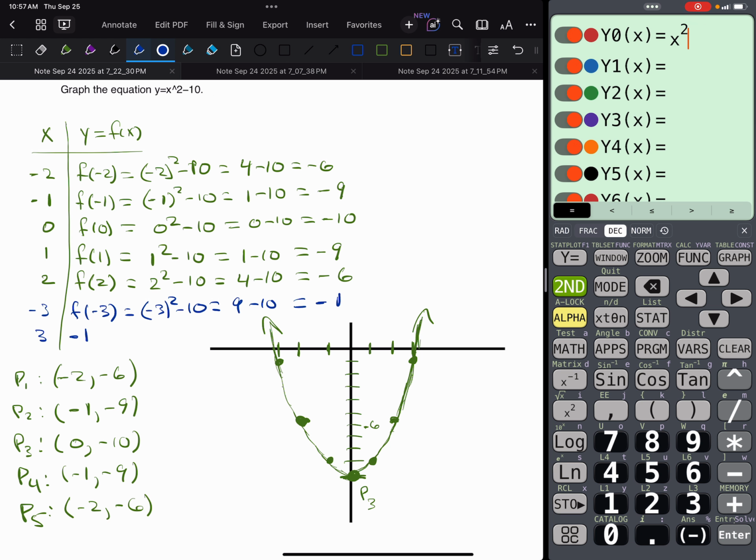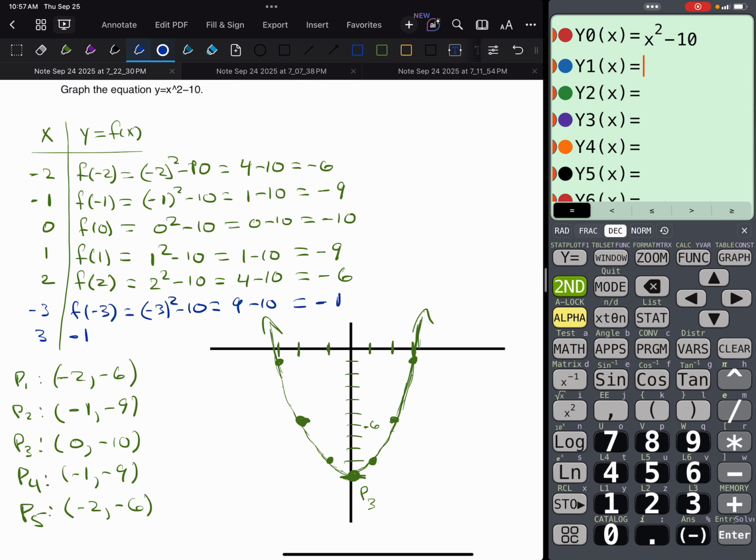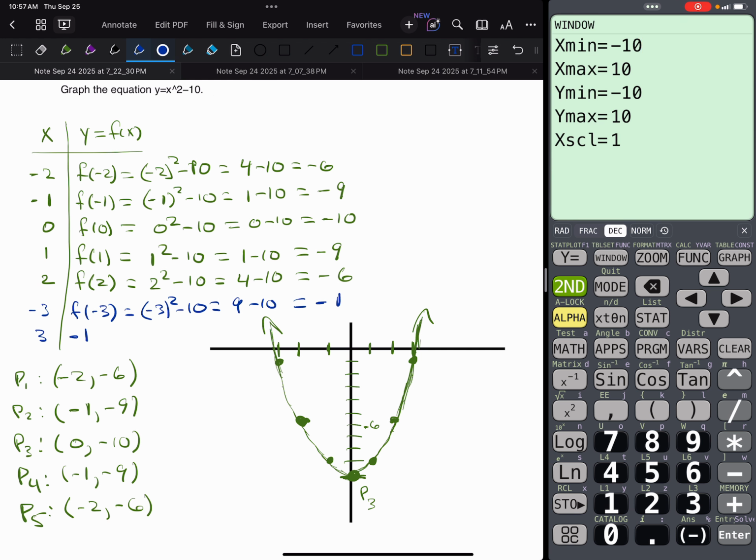And so if I hit the x squared button, I now have x squared. And then I do -10 and hit enter. Now, before I go on, I'm going to hit window. And -10 to 10 is a good standard window to try. And so when I hit graph,